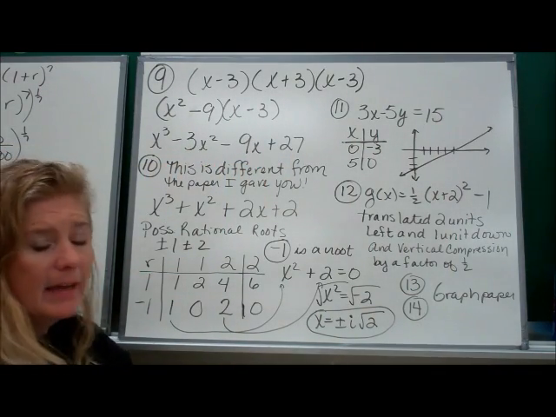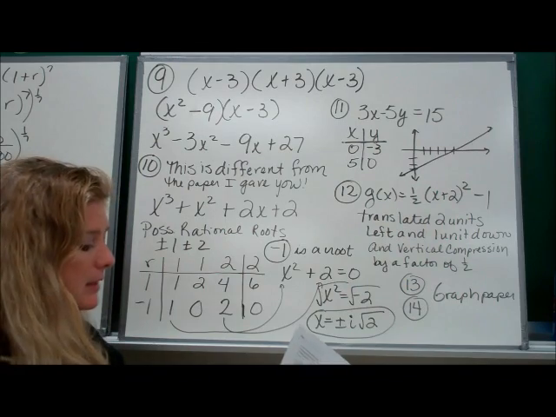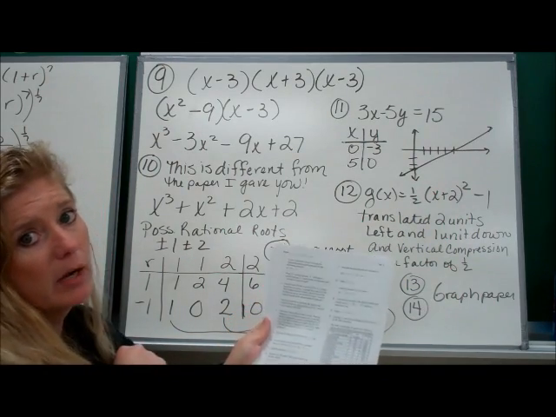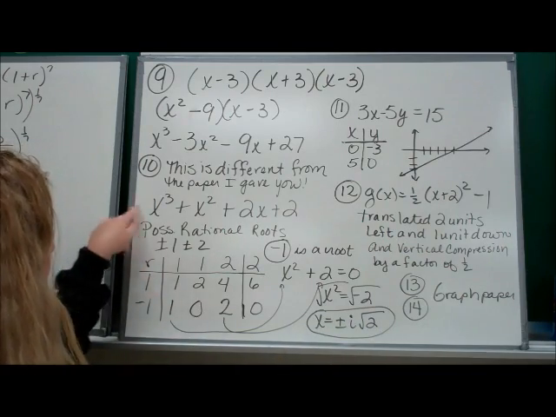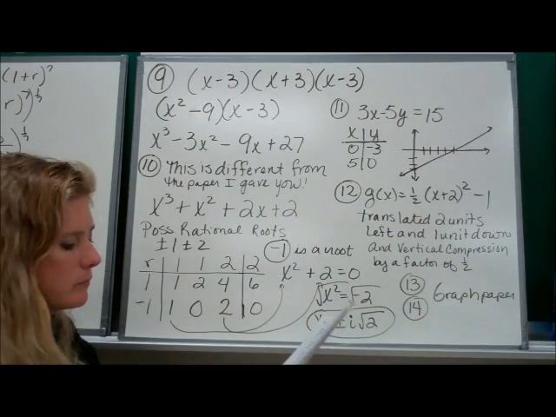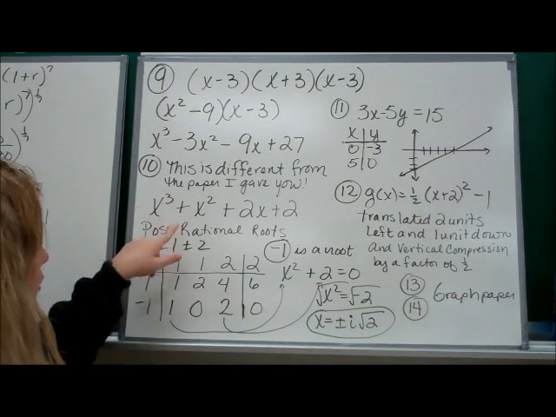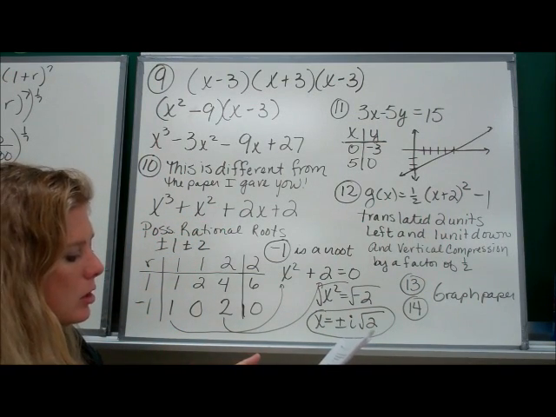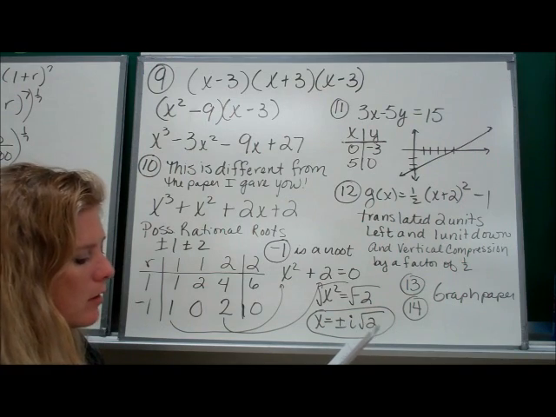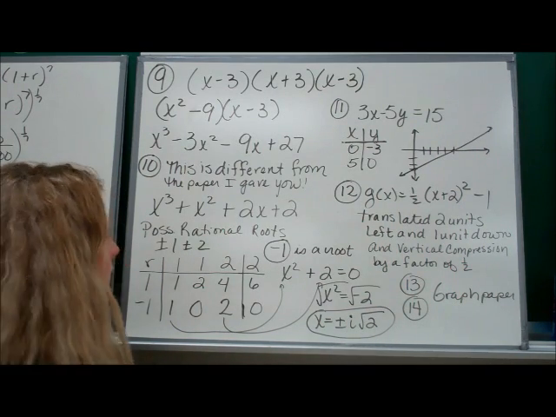Okay, number 10, I changed number 10 because this number 10 does not have a rational root. So I wanted to give you a new one that actually does have a rational root. Okay, so it's x cubed plus x squared plus 2x plus 2. It says use the rational root theorem and the remainder theorem to find the roots of, so we got to